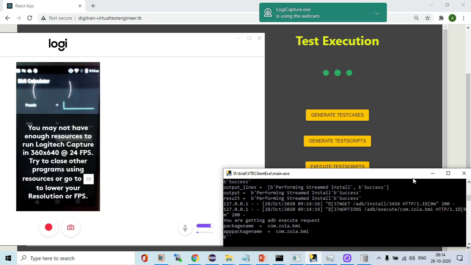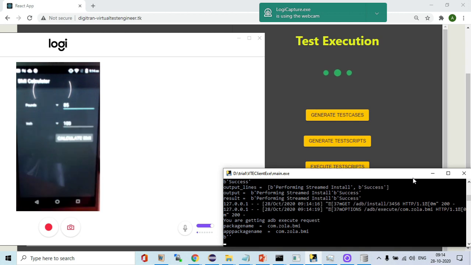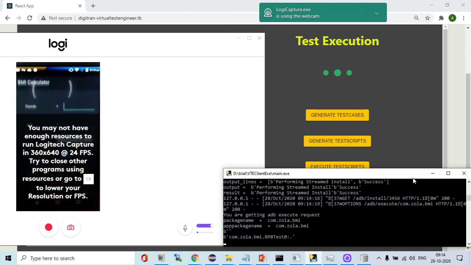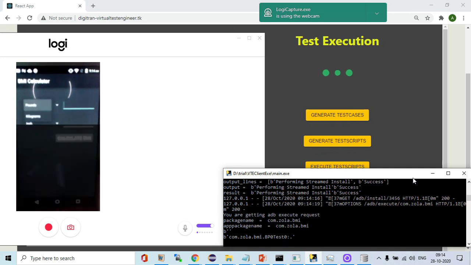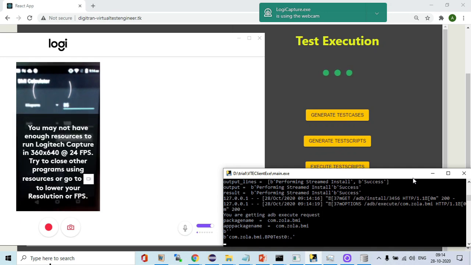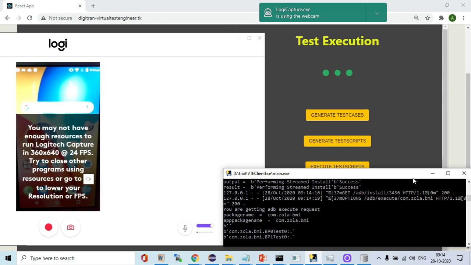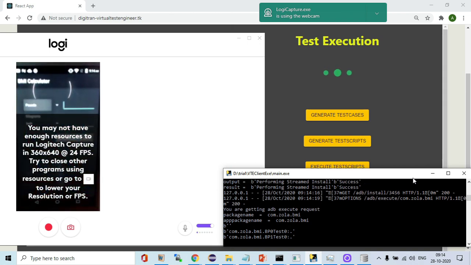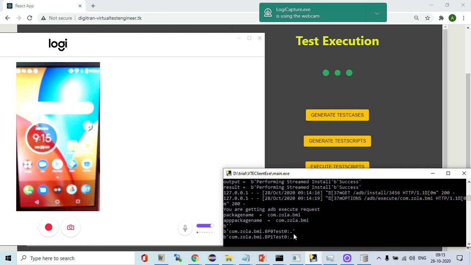So now the execution has started. One test case is getting executed. Another test case started executing now. You can see the progress in this exe also.